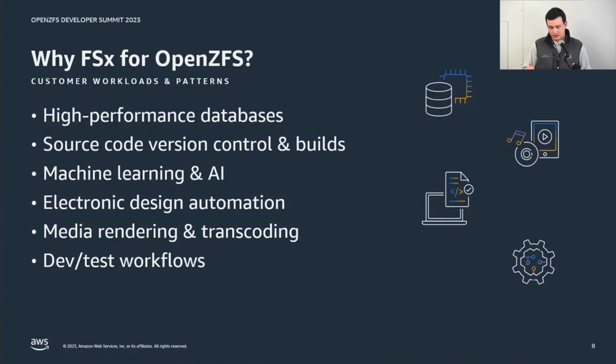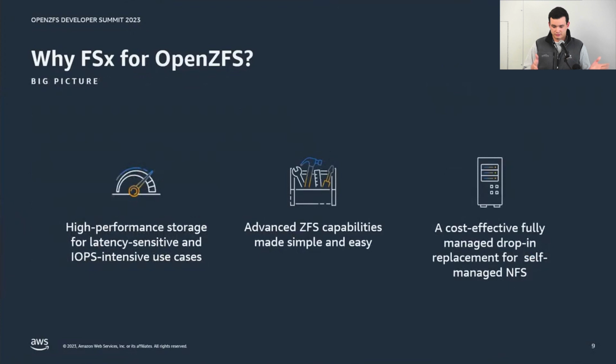First, a lot of these customers needed extremely high performance, very latency sensitive in a lot of cases. They were a lot of times needing NFS, and they a lot of times didn't need the full suite of enterprise features that you'd get out of maybe an ONTAP or a Windows. So there's an opportunity there to give a better price performance ratio with a different offering, and thus we brought in FSx for OpenZFS to fill those capabilities, and then also provide some of the enterprise oriented features that OpenZFS makes available today,